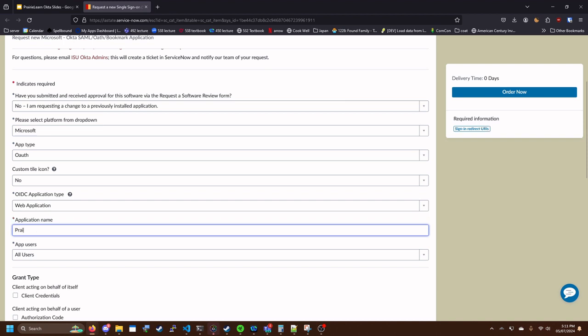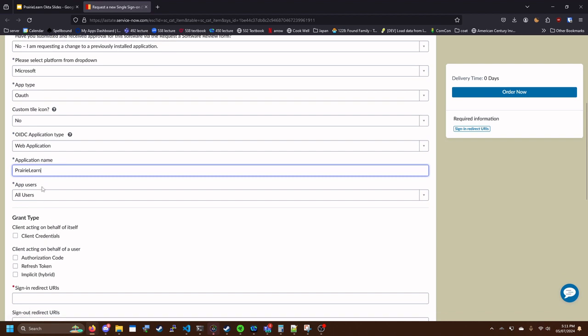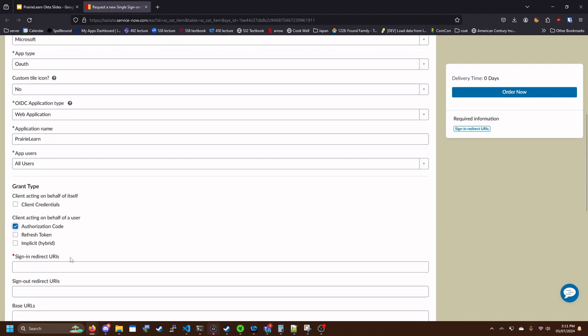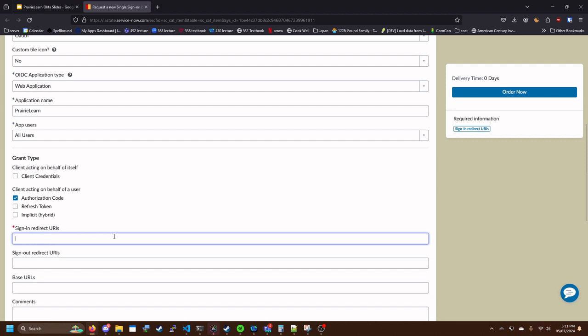The name will just be PrairieLearn. And then all users, so that we don't have to worry about the school blocking students from accessing the website, because we will do our own authentication. Then we have the grant type. All we need is the authorization code. And then the sign-in URLs and sign-out URLs are just going to be